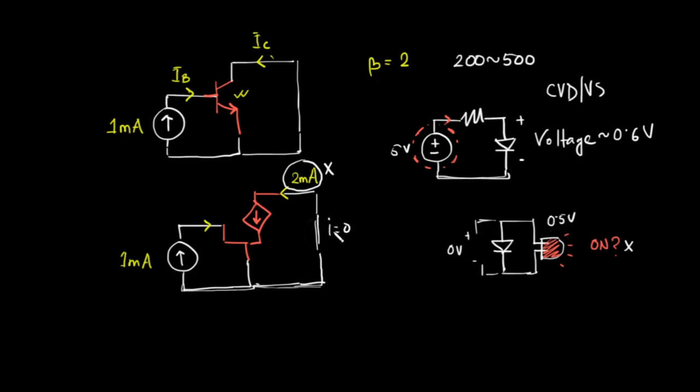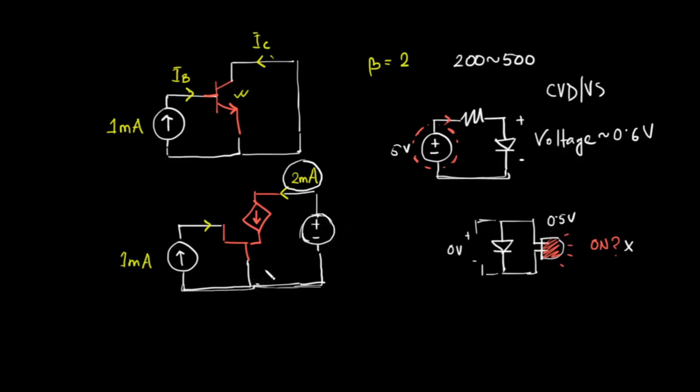So if I want my transistor to operate like a current controlled current source, bear that in mind. If I want my transistor to operate like this, so that if I put a current in the input, an amplified current will be produced at the output, I need to connect a supply at the output. I need to connect some sort of power supply, some sort of voltage source, that can supply this current.